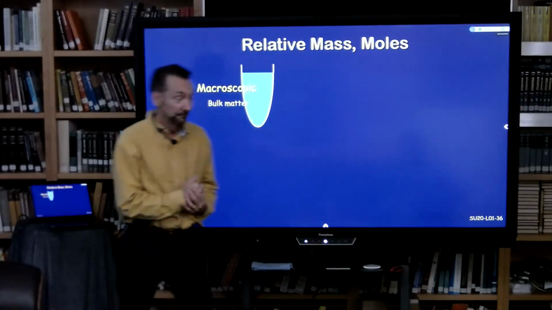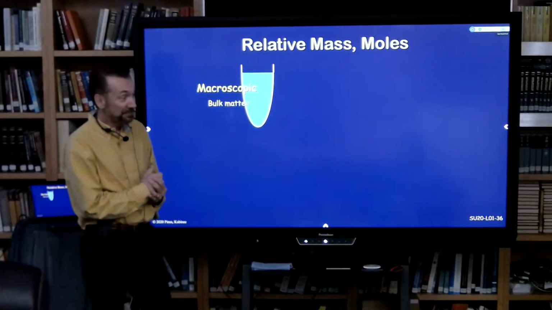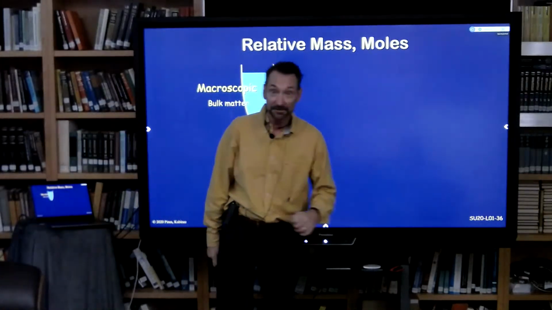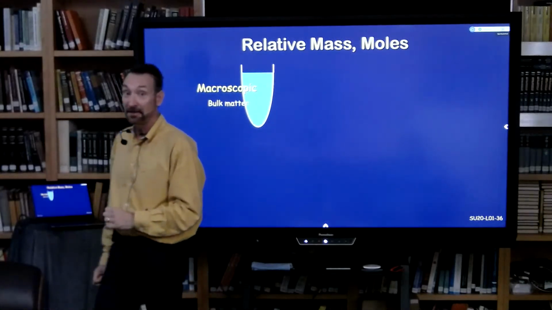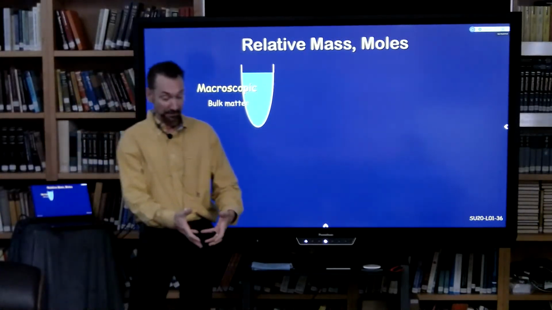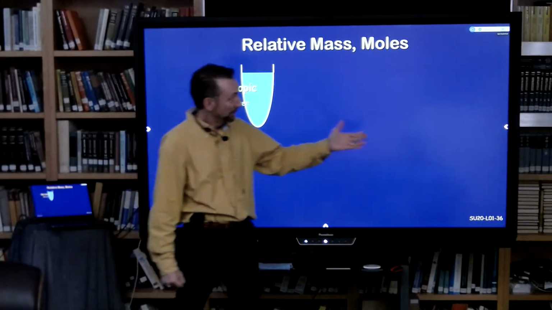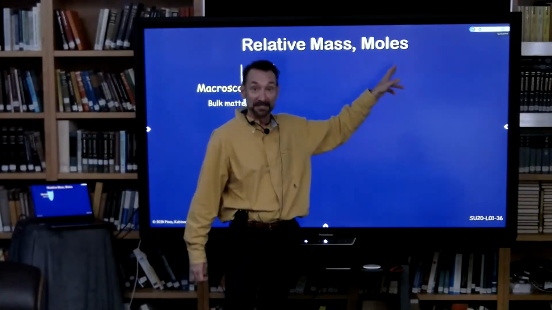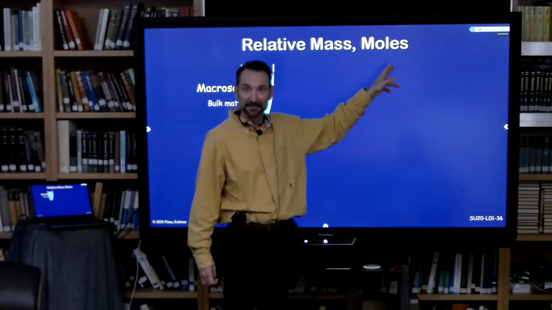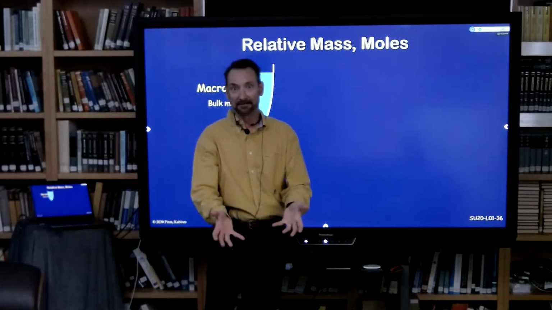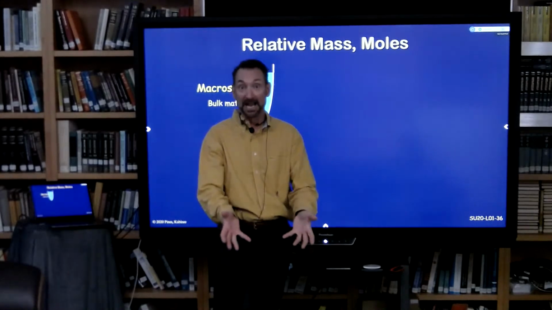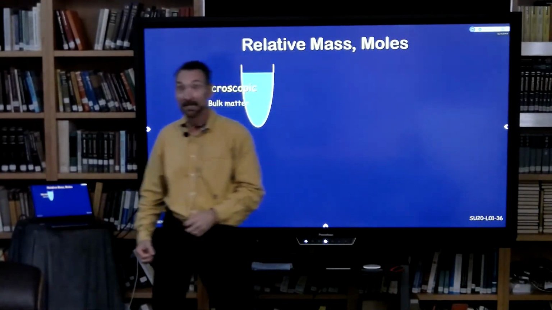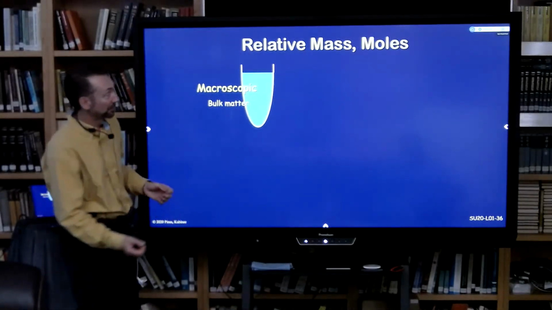So what does that mean? We do the same thing. We take boxes of them. We call the boxes moles. And rather than 100, which is convenient with macroscopic things, for microscopic things the number has to be ginormous to get to a couple grams that you could weigh out. So if you get to grams of particles, it's a tremendous number of particles.